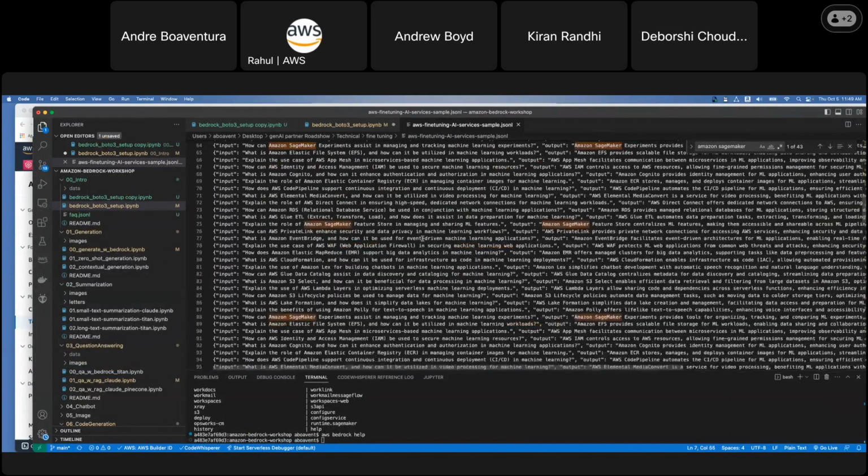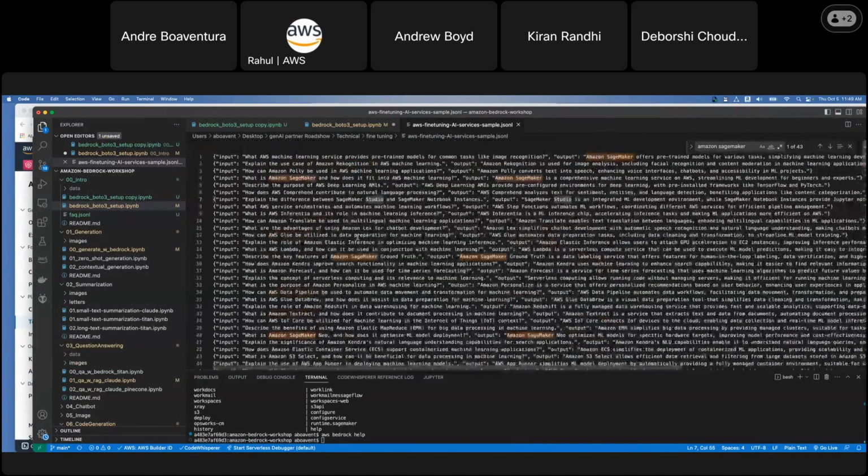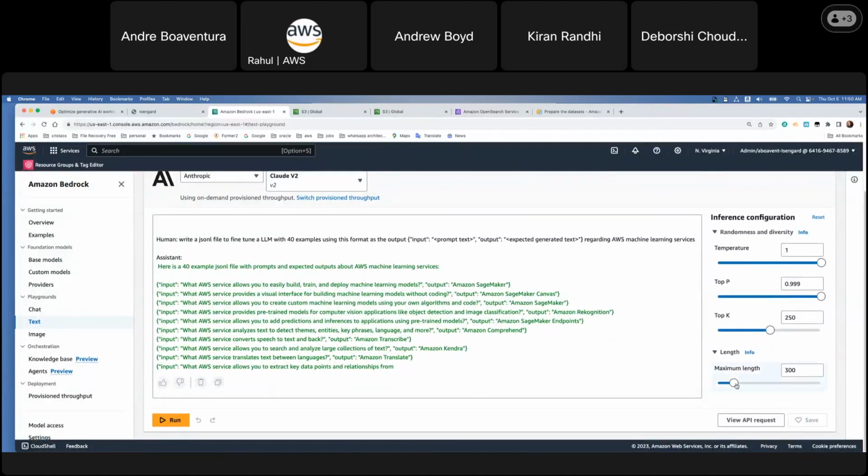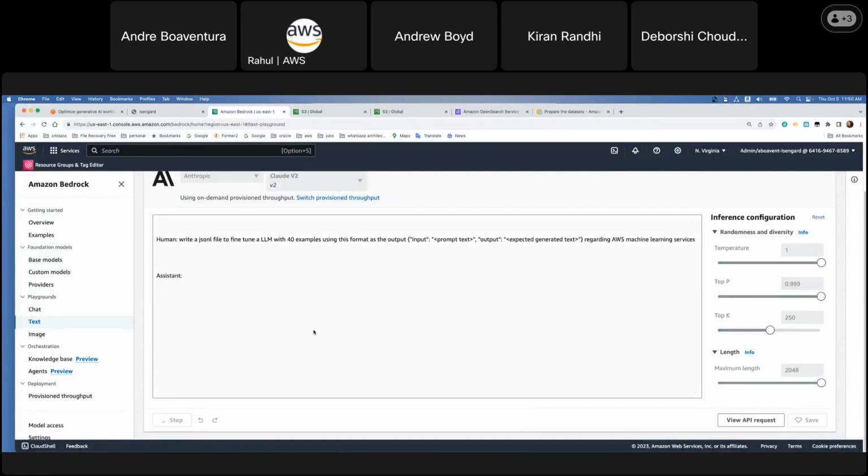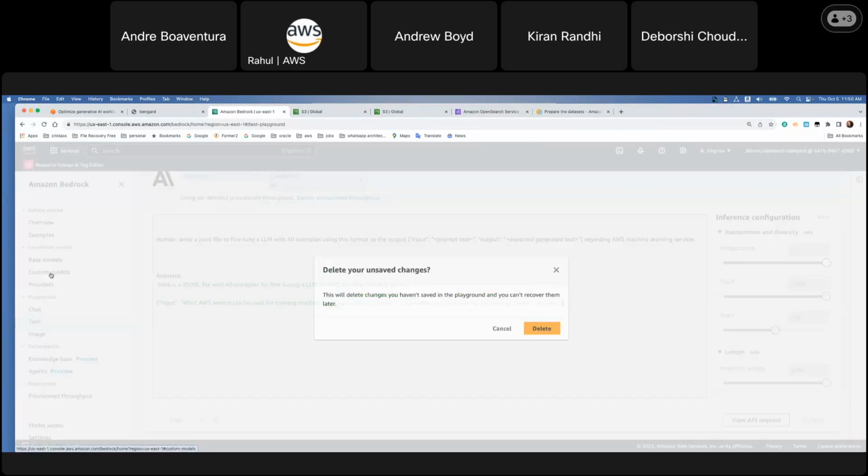It has 200 plus samples on everything you can talk about the Amazon AI stack. So Amazon SageMaker, Ground Truth, Neo, and many things like that. And I have the input and the output. So based on that, when I have this, I should have increased the number of tokens. But anyway, let me do this again. This is going to take some time. But on the other side, what I wanted to show you is that